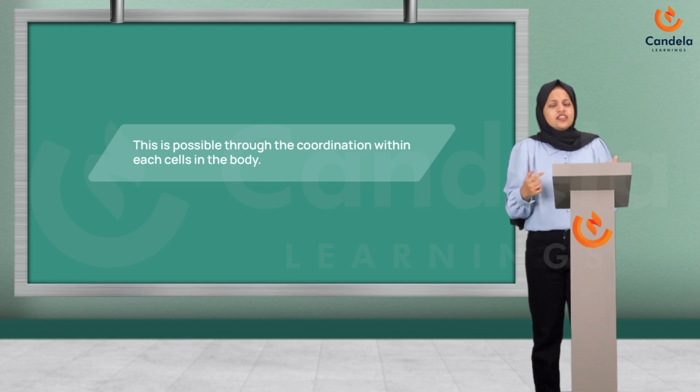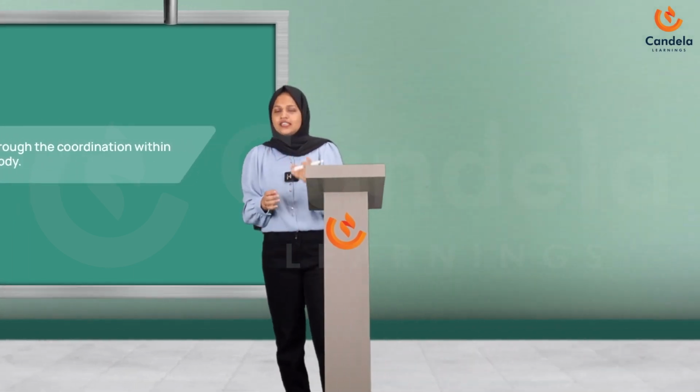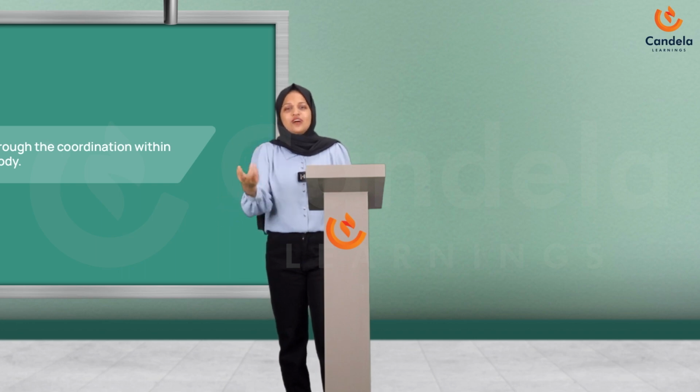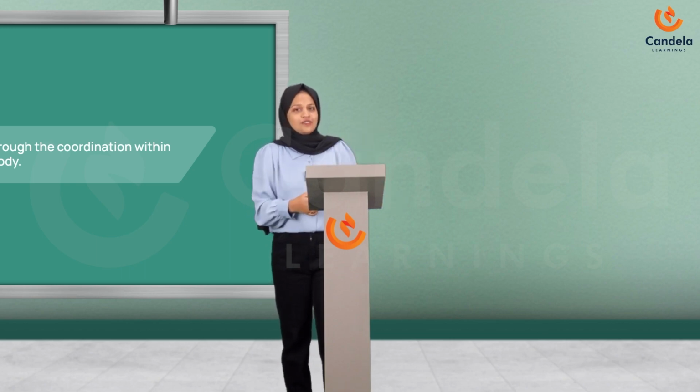So if there is no coordination between the organs in our body, can I stand like this? Of course, no. So there should be coordination between each and every cell, organ or organ system in our body. Now, I said that in our body, a lot of functions are taking place. So there should be someone to coordinate all our activities. For example, in a football match, we can see that the coach is the one who leads the team or gives instructions to the team, right? Likewise, in our human body also, there is a great coordinator who controls all our functions.